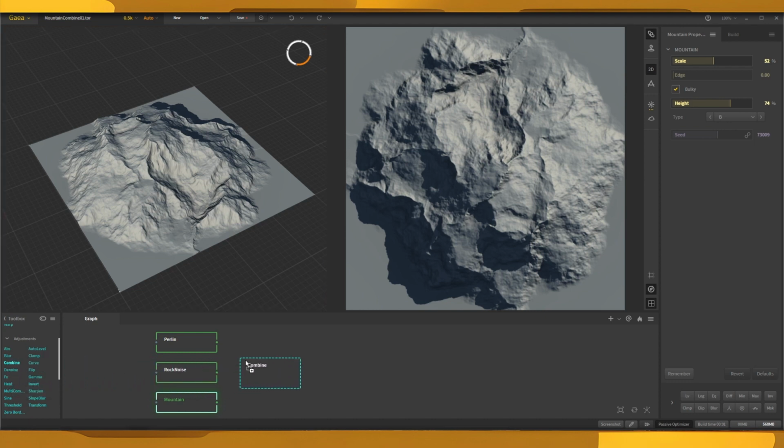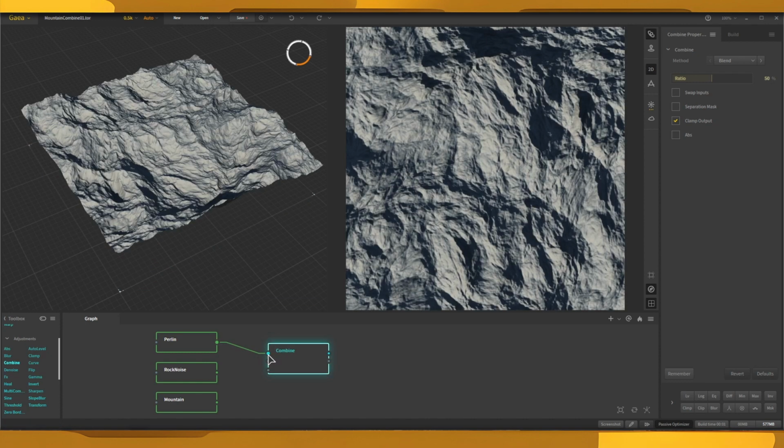We're going to use just one for now. And what we're going to do, just drag it right there. We're going to hit this little dot right here to make this little connector for the output. We're going to input that into our Combine Input node. And you can see now 100% of our Perlin node is in this Combine node. If we take this Rock Noise, do the same thing but drag it into the input number 2, that's going to take both of these and